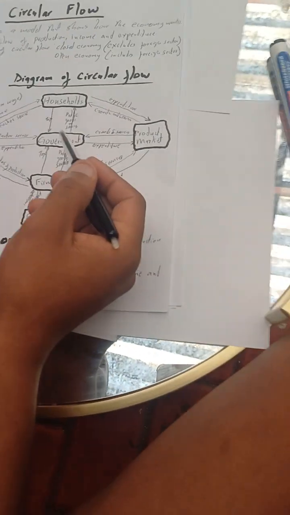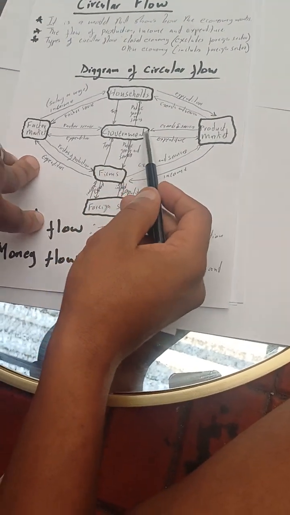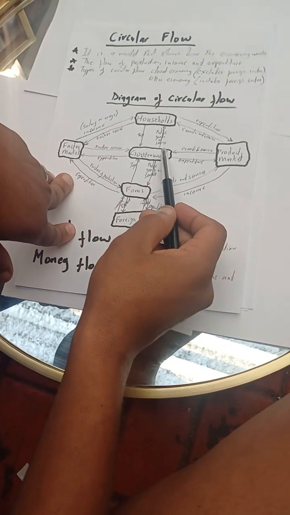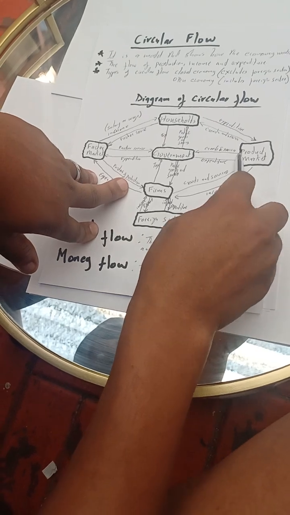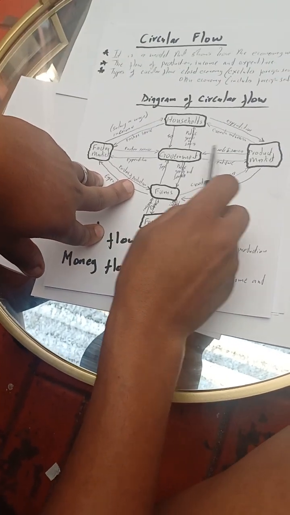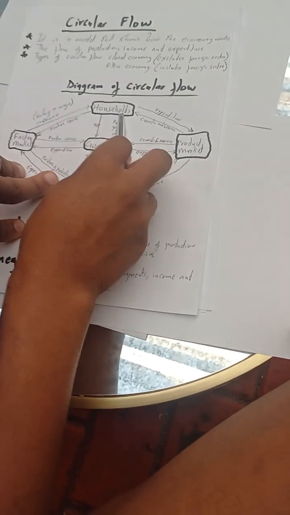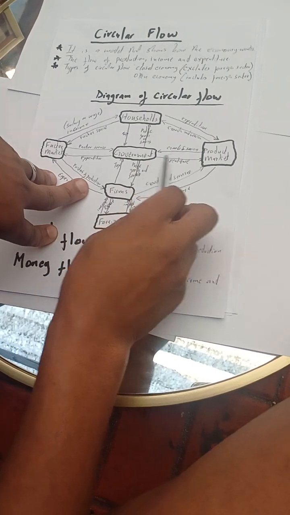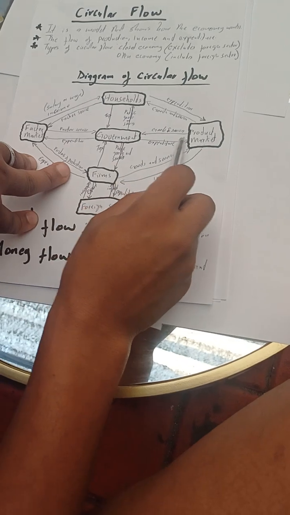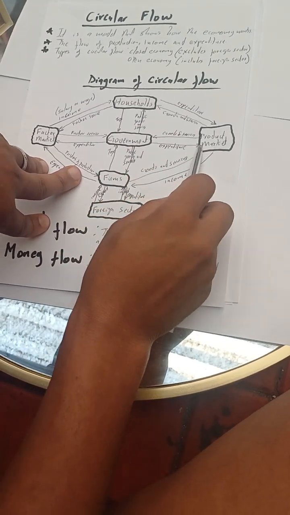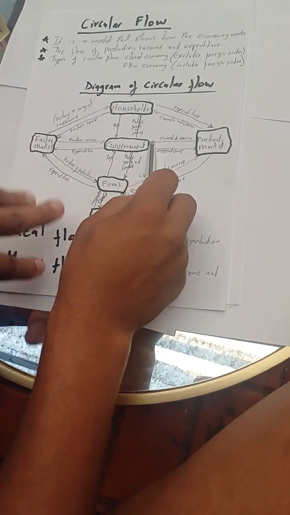And then, but now the question is, the government also buys some goods and services, and it buys them from the product market. As you can see, there's an arrow from the product market to government, meaning it buys goods and services so that it can provide them to the household. And then from there, when it buys it spends money, so there's an arrow from government to the product market, meaning there's expenditure by the government so that it can get goods and services.